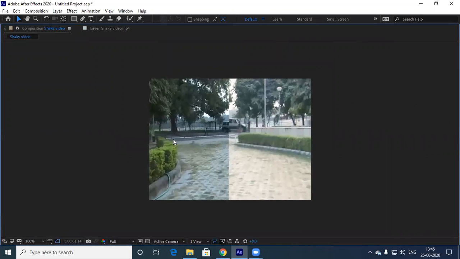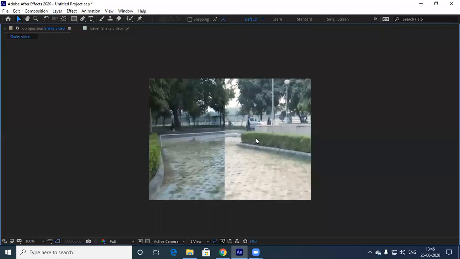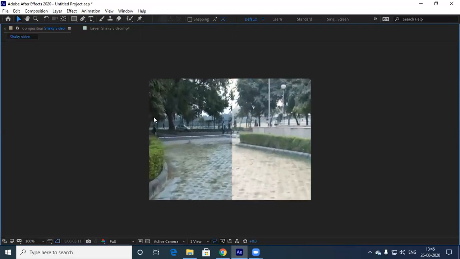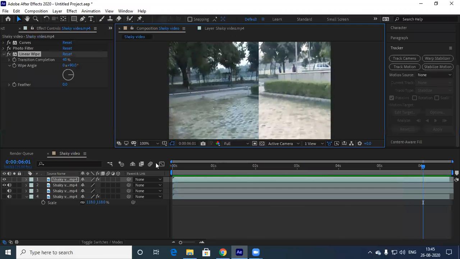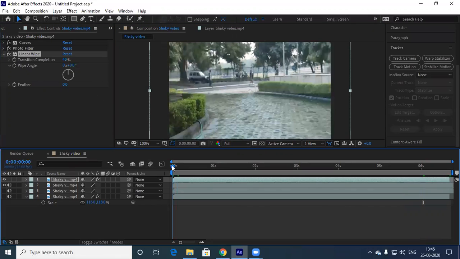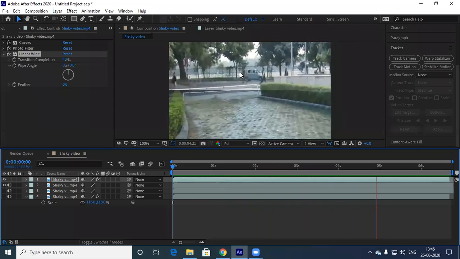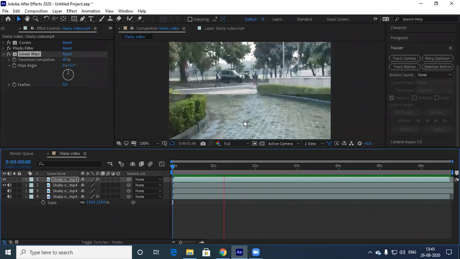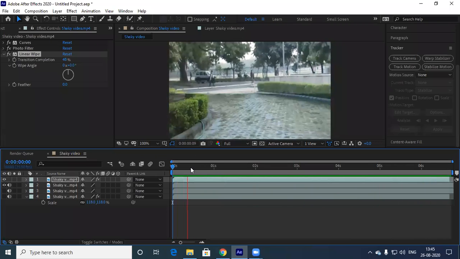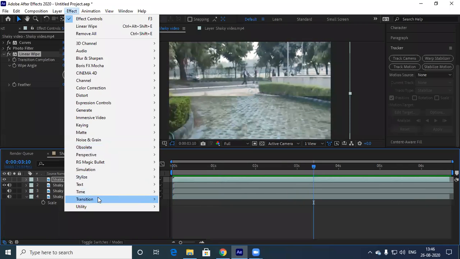Guys, this is the source footage. See how shaky this particular footage is. This is what we have modified it to. I think the tree part, okay, I'll do one thing. Linear wipe, I'll change the angle. Instead of 90, I'll make this 0. You'll get to know. Yeah, see, the top part is the cleaned one. Bottom is the other shaky one. Before and after, something like that you can show. Okay, you understood? This is called linear wipe. Have we done these sessions earlier? Transition wipe.